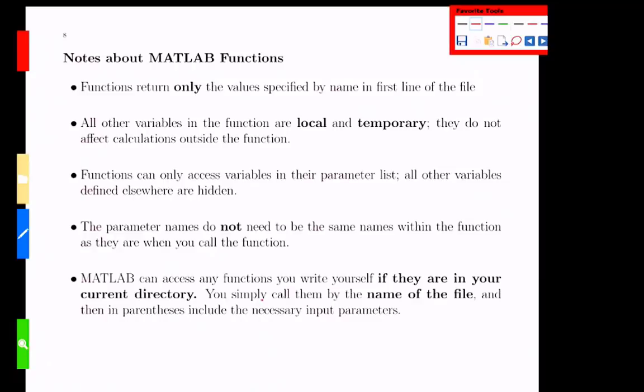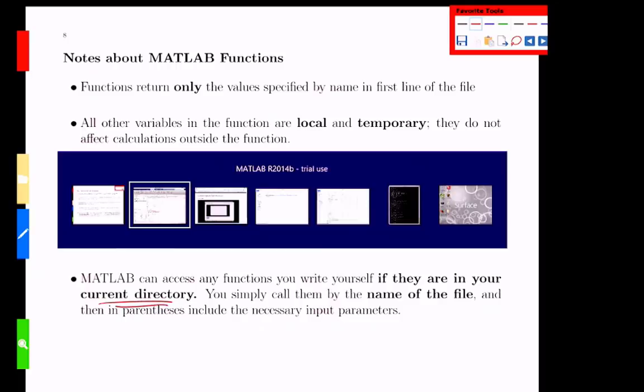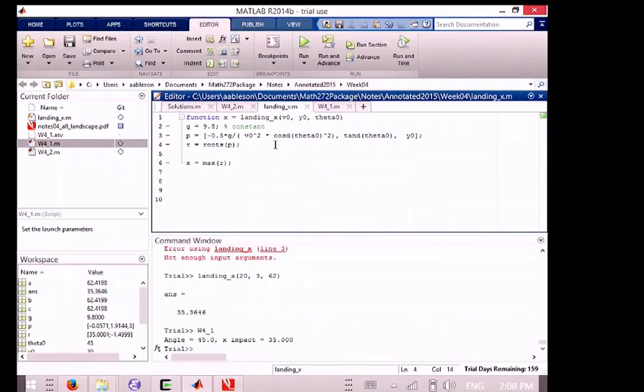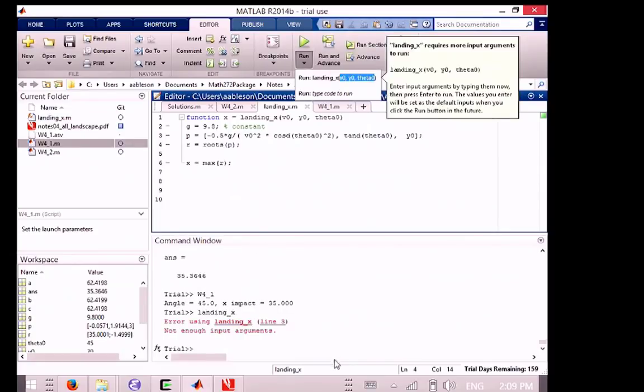A little blurb about MATLAB functions there. The big thing being current directory, and that's the most typical thing. The other thing people do, and I do quite honestly, is I'll write a nice function like this, and because I've been conditioned to press F5 whenever I finish writing anything, I'm going to run this,